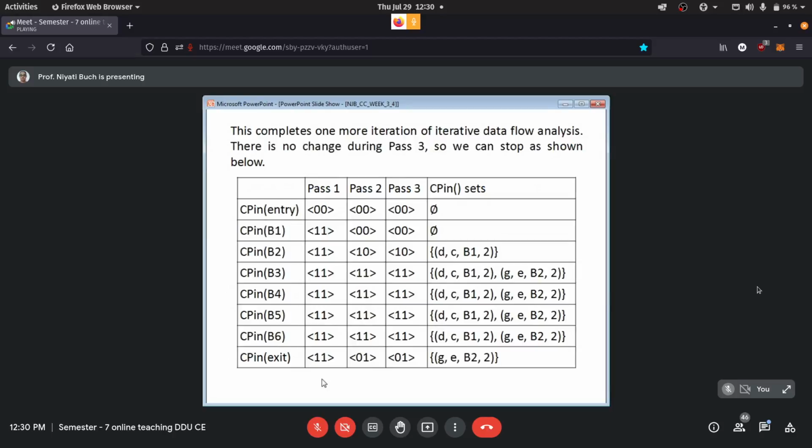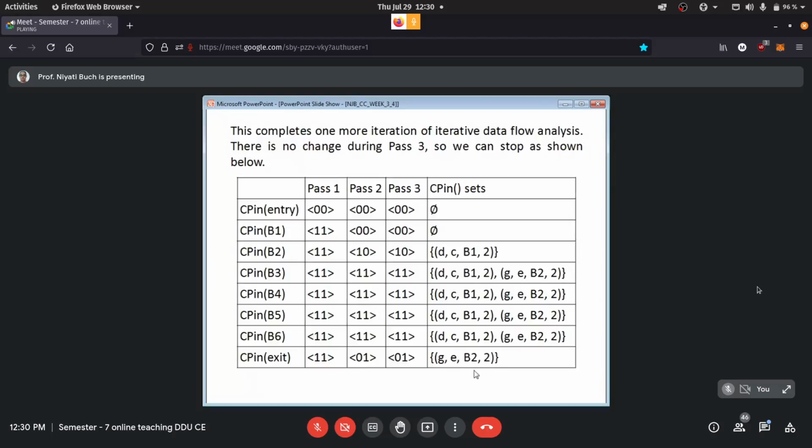So finally, putting it into the table, like I told you, you have to just maintain this particular table. What do you see over here? In pass number 2 and pass number 3, the values have become constant. So we can now stop. We have to always look for the no change situation. If there is a change, we will have to take one more iteration. In this example, we had to take 2 iterations after the first original one with initial values.